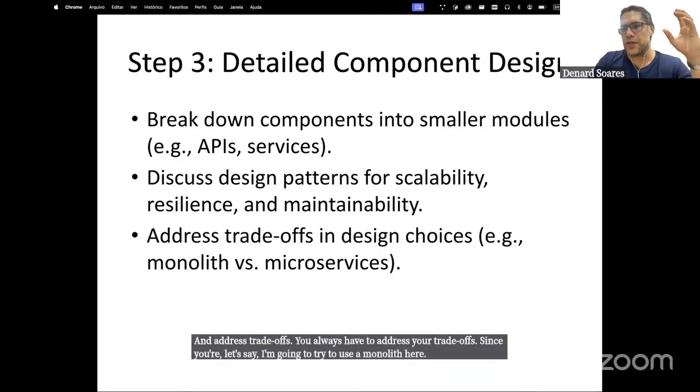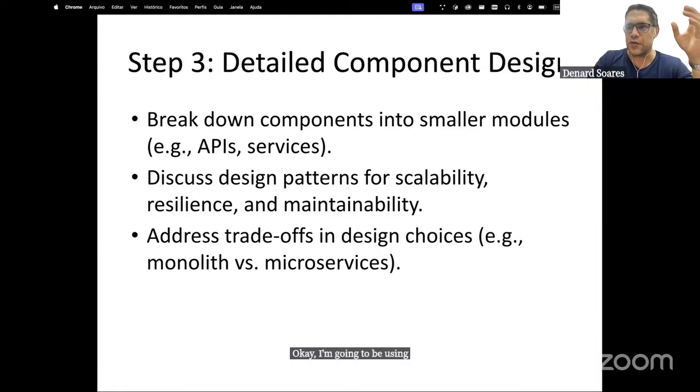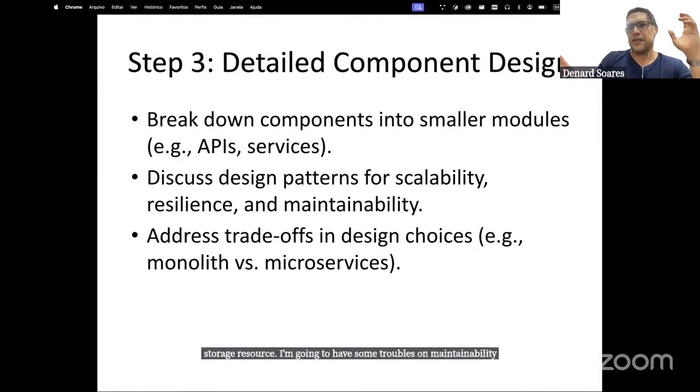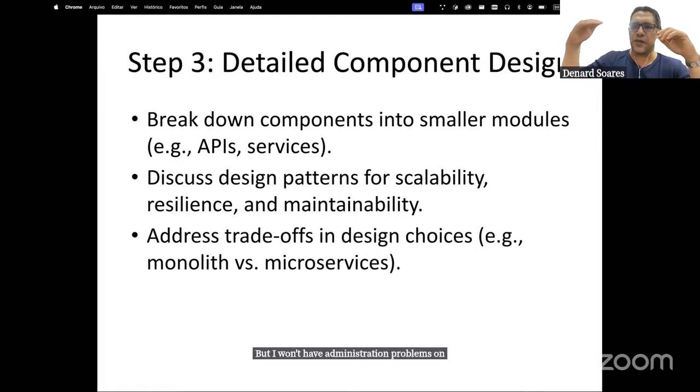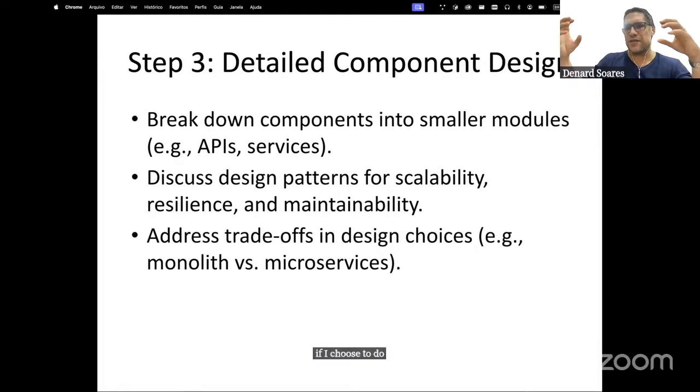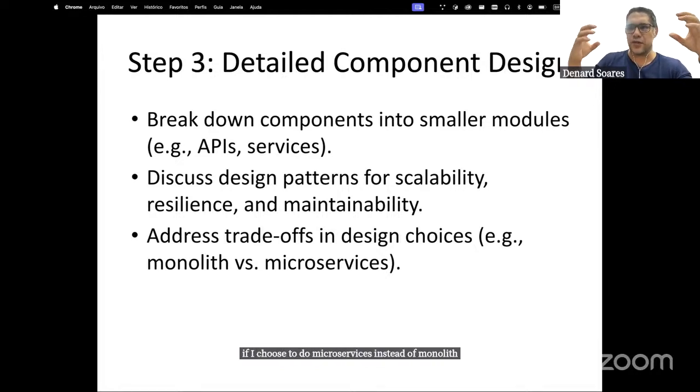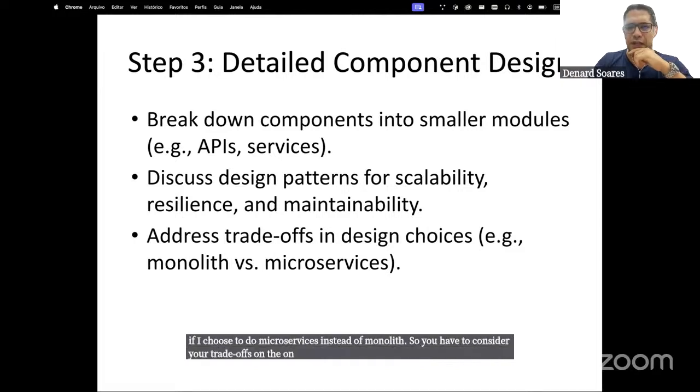I'm gonna be using more and more CPU resource, storage resource. I'm gonna have some troubles on maintainability, but I won't have administration problems on building up all the configurations for each microservice that I would be putting out if I choose to do microservices instead of monolith. So you have to consider your trade-offs in your analysis.